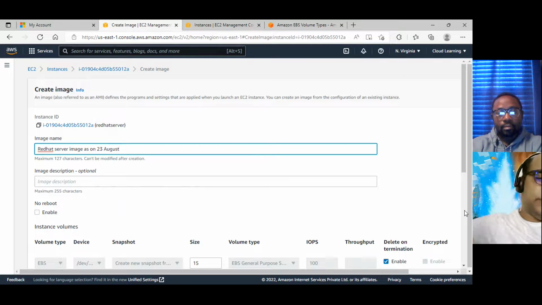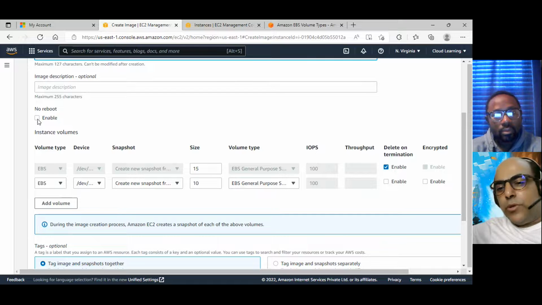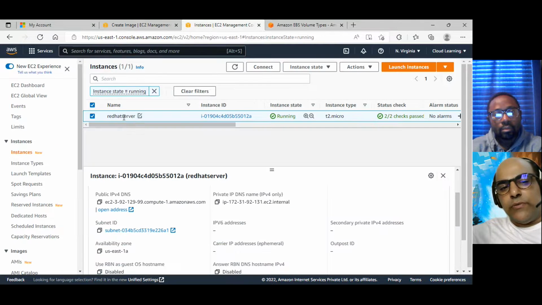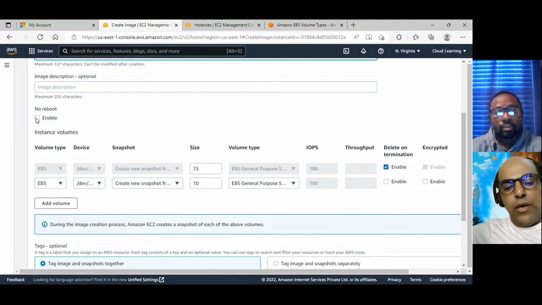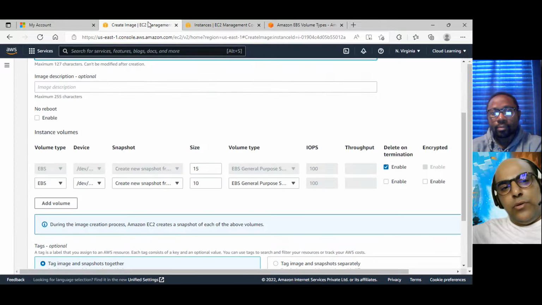If I pick the No reboot option, it will not restart my original server. If I'm not checking it, it will restart this server. If your server is critical, then you can check the No reboot option.